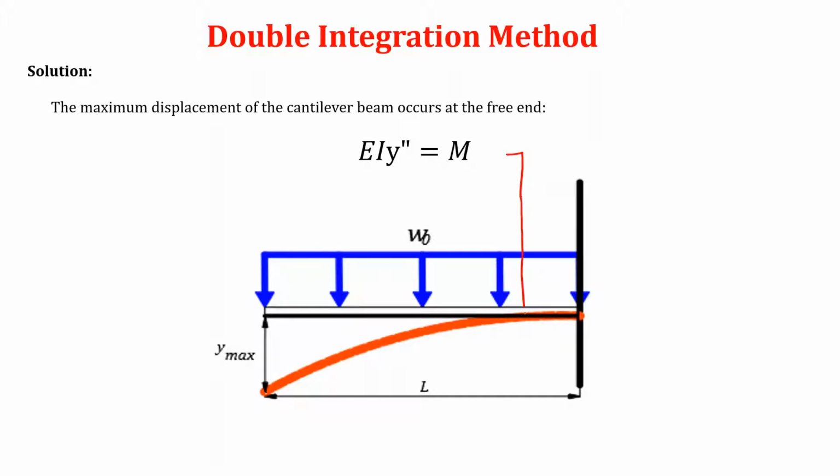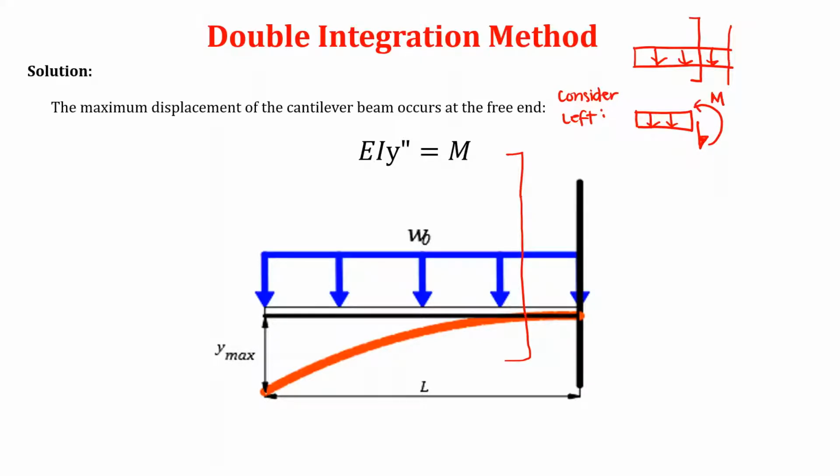Considering the left side, when we cut here, we can consider either the left or the right. Just recall how to cut the beam. This is the original beam, right? So it is cut. We can consider left or right. If we consider left, this is how it looks. The shear is downward and the moment is counterclockwise. If we consider the right,